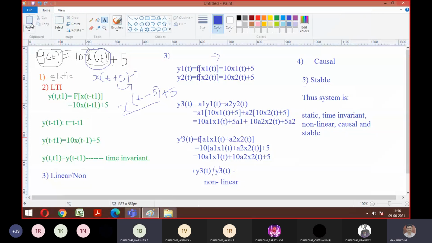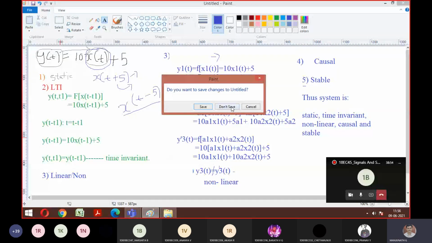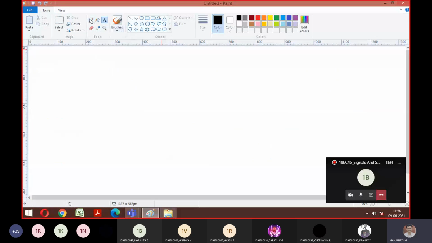Shall I give one problem now? Will you solve? Yeah, go ahead. Put on the question. I'm not going to explain anything. I will give time for you people. I want you to solve this and tell me the answer. Stick with the procedure you have followed, and the same way try to get me the answer. So y of t is equal to x of t square.